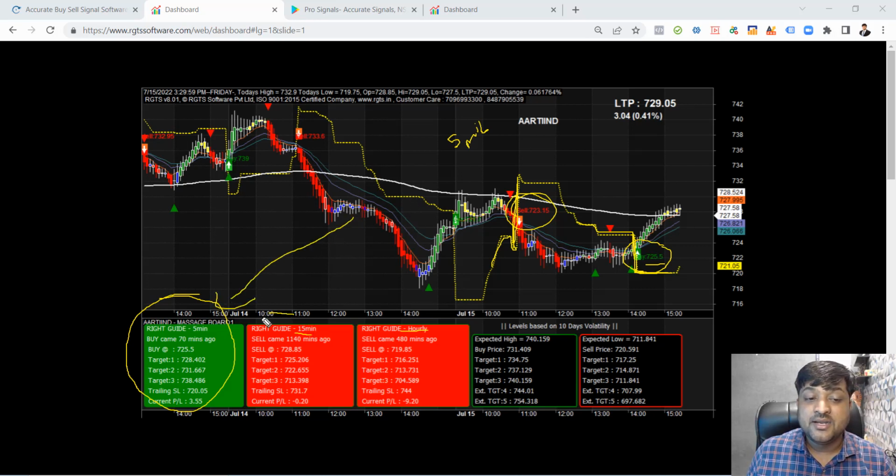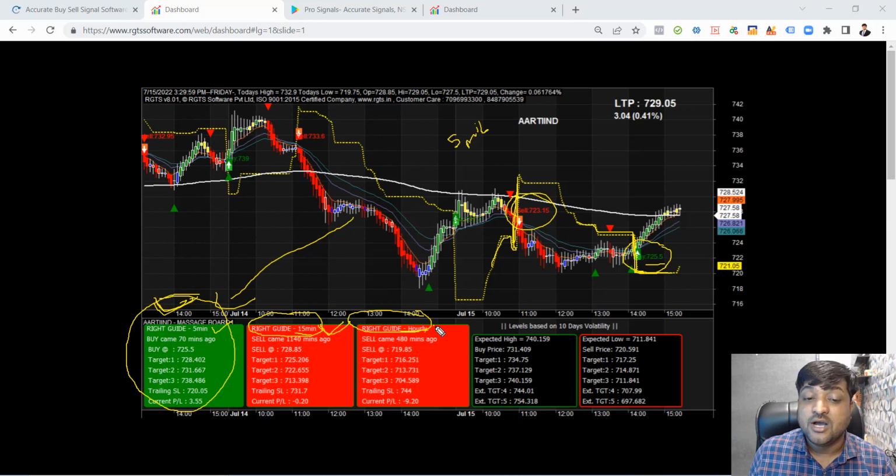The 15-minute and the hourly are for confirmation purposes only, meaning our entry starts with the 5-minute time frame. We increase our quantity or build our confidence when the 15-minute and hourly signals are bullish. First of all we get the signal in 5 minutes, after that the 5-minute signal converts into the 15 minutes, and after the